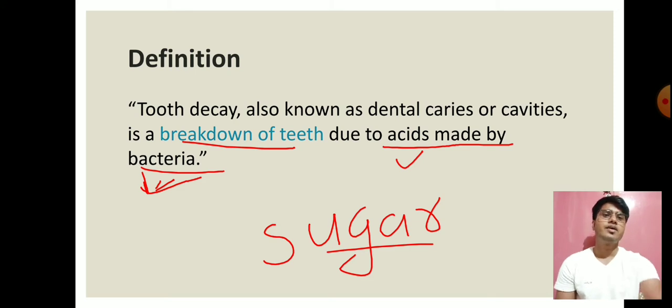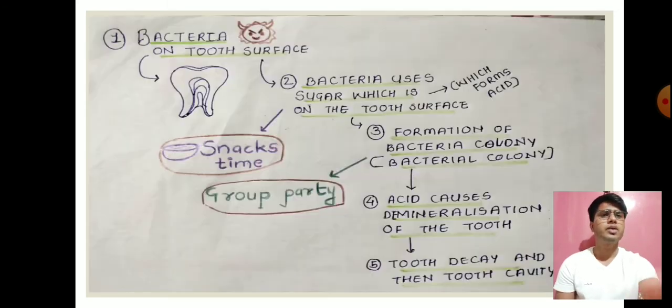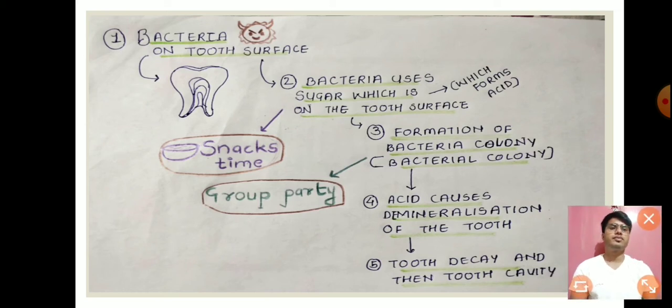Before going into the risk factors and etiology and all these things, let's get a clear idea regarding the pathophysiology. Because once you have understood the pathophysiology, it is going to be very easy for you to know the other stuff. See, biology is not always about mugging up the stuff. Whenever you feel like understanding the topic, you should always understand it. You should always focus on the pathophysiology, because once you know that, you can know the rest of the stuff.